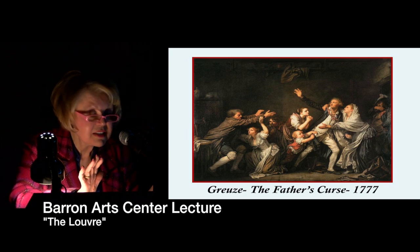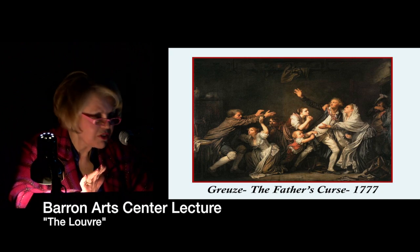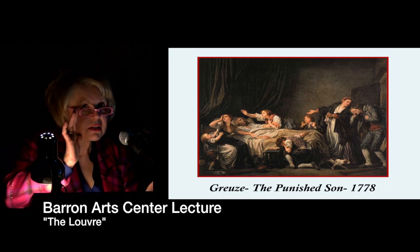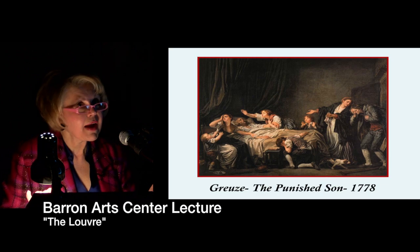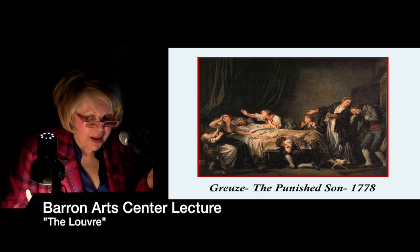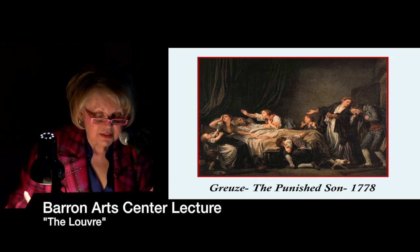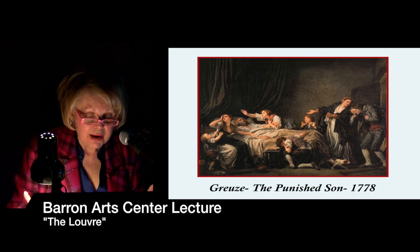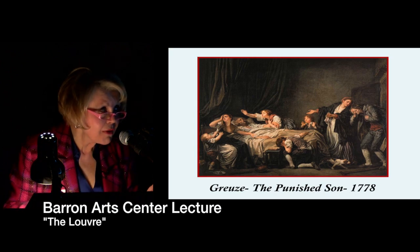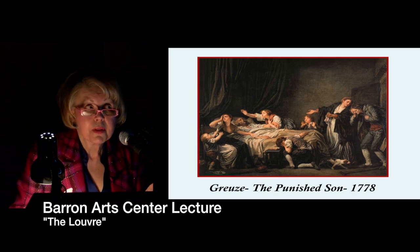Now, the following year he did the second, this is actually two paintings, The Father's Curse in 1777 and The Punished Son in 1778. The son comes home finding that his father had just died, and shows the grief-stricken faces and the hand gestures of the family members. The mother's gesture reveals to the son what his disobedience has led to. He, in turn, sinks to the ground in grief and guilt for the sorrow he has brought upon the family. Again, very melodramatic and a little bit too much for our taste today in the 20th century,